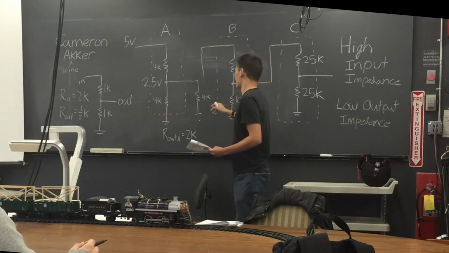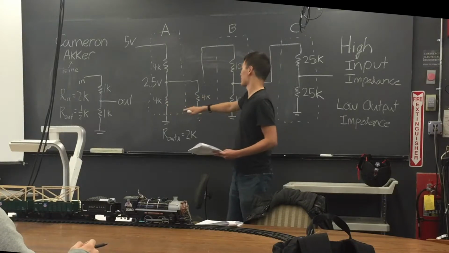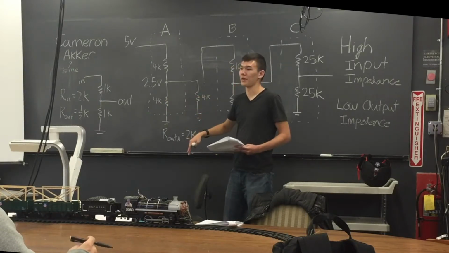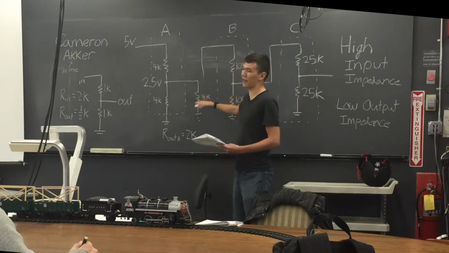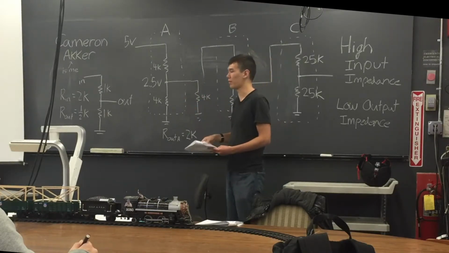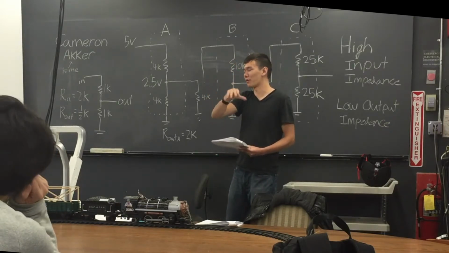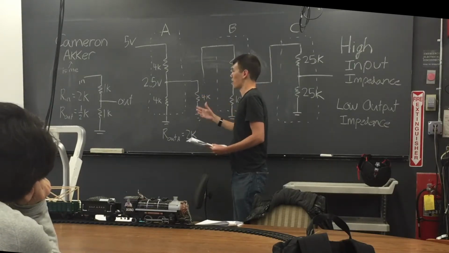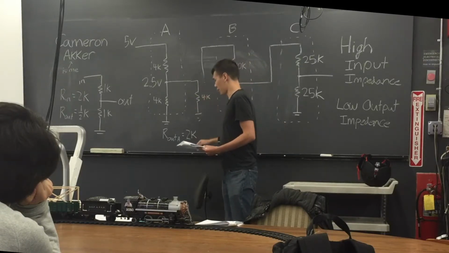Good design is you want low output impedance. Let's say the output impedance was 100 ohms. If it were 100 ohms, then this input impedance of 4K is plenty higher than that, and there wouldn't be a problem. It's one of those things that when you see it happening on the board, it makes a lot of sense. For now, just remember low output, high input impedance is the goal. So in this circuit, the original one,